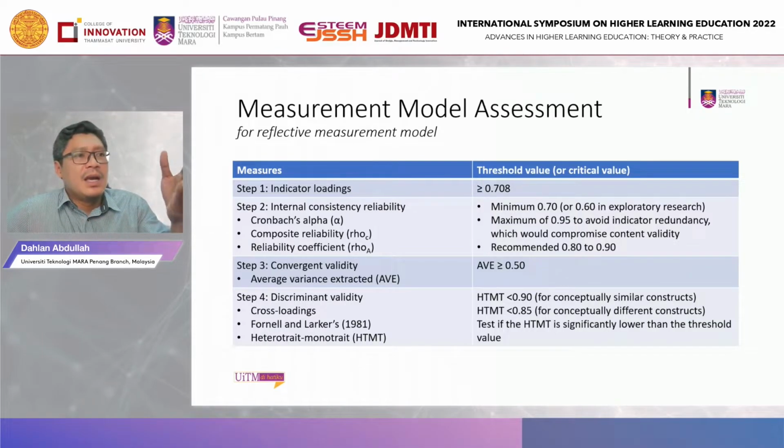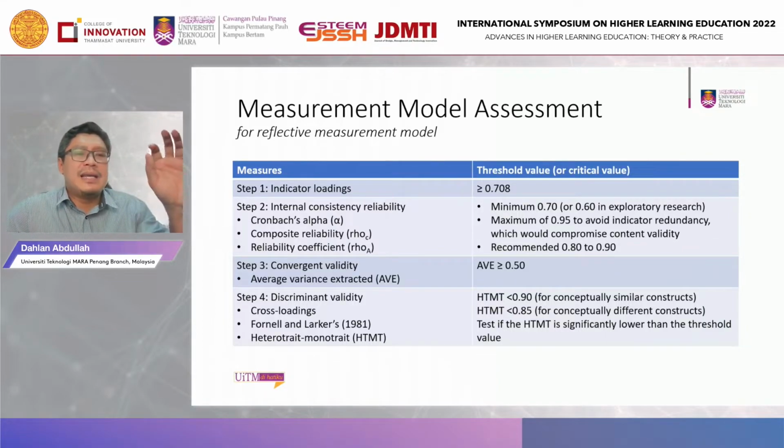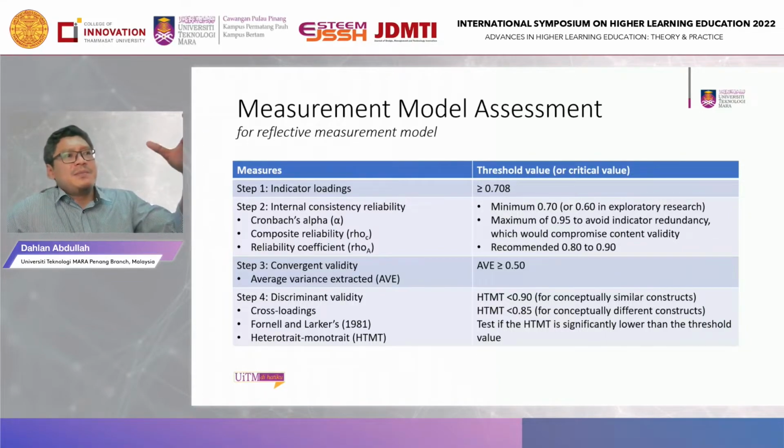That is valid. However, other than the validity, we also need to look into the reliability. Is the thermometer reliable or not? Sometimes the instrument is valid but not reliable. What does reliable mean? Reliable means sometimes when you use that thermometer to measure body temperature for one person, the first